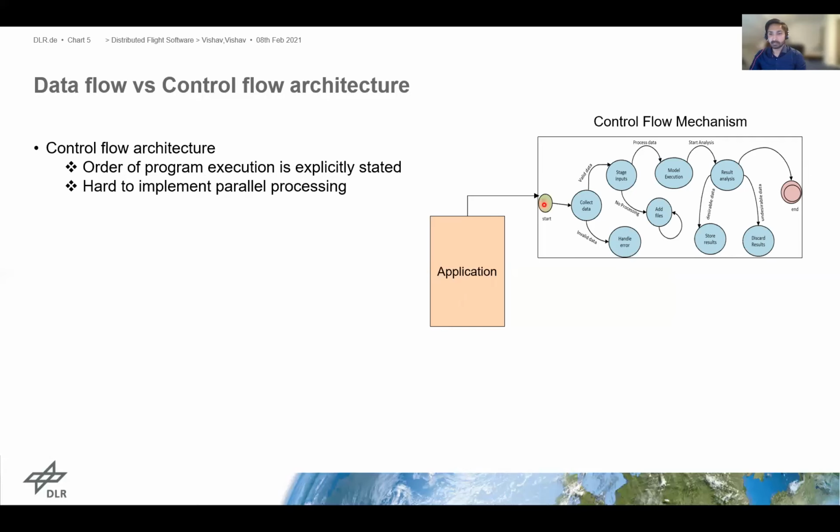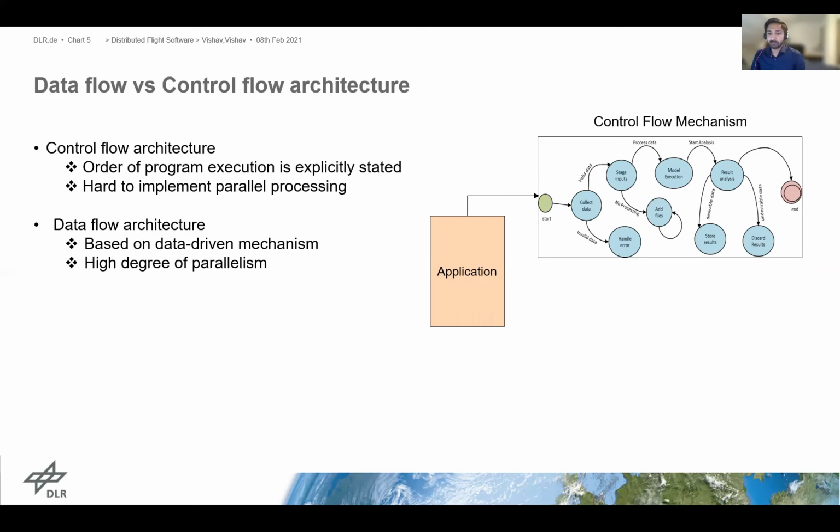We see after the start, the program follows a fixed flow until the end of execution is reached. This type of flow is generally present in uniprocessor computers. Although control flow mechanisms provide complete control, due to their sequential nature, they have less potential for parallelism.